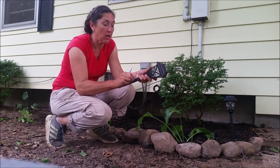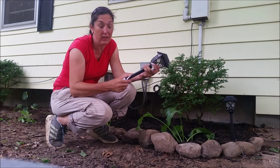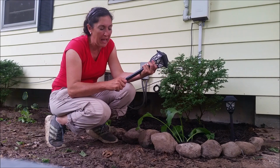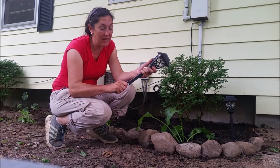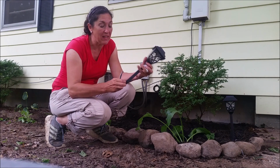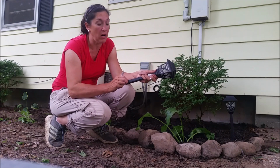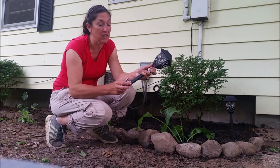At a nursery or garden center. When I bought this house, I was about 25 years old, 26 years old, and a single mother. And the last thing I had money for was buying plants. I was very fortunate that I had a very nice lady that lived right next door that loved her perennial gardens, and she gave me lots and lots of splits or